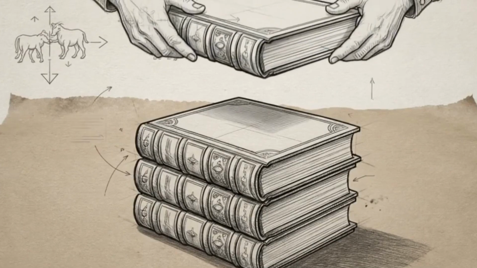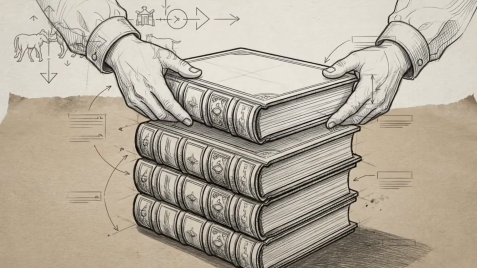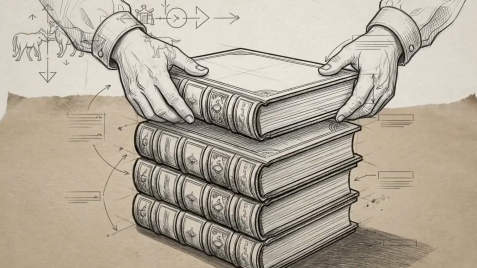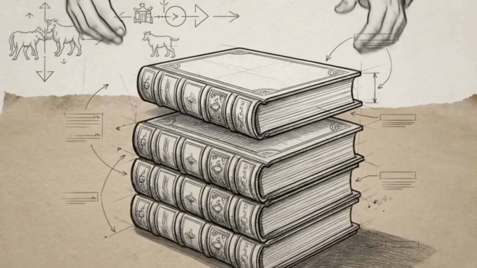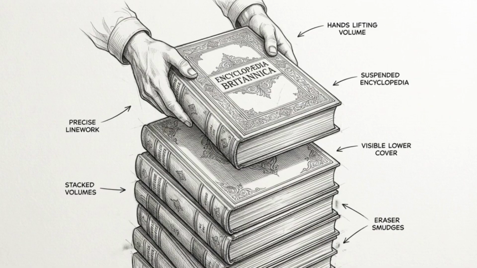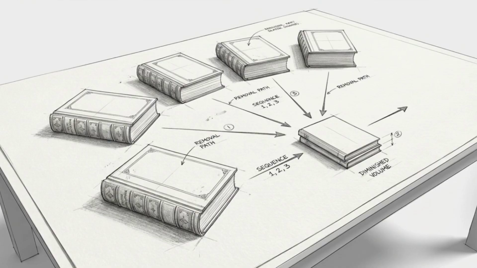Think about stacking a set of heavy, oversized encyclopedias. You don't try to slide a new volume into the middle of the pile. To reach the book at the very bottom, you must first lift off every single volume resting above it, systematically, one by one. Computer science formalizes this physical reality into a mathematical model known as a linear abstract data type,